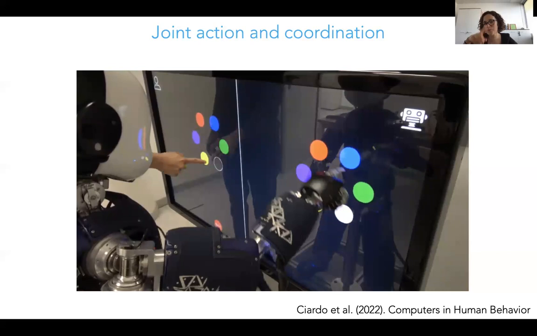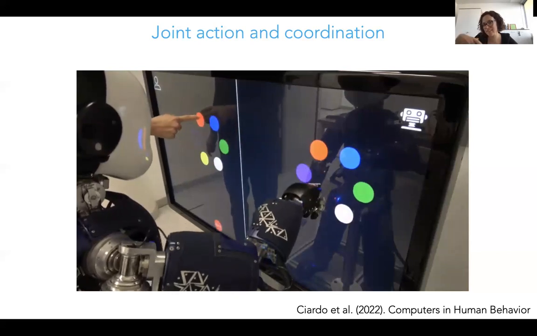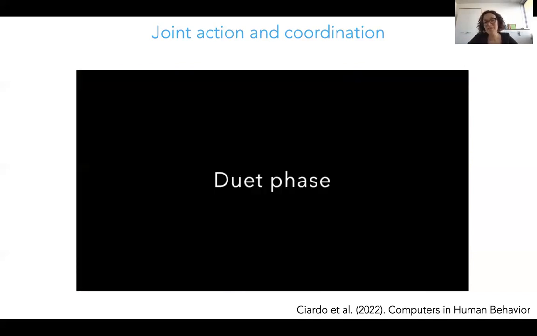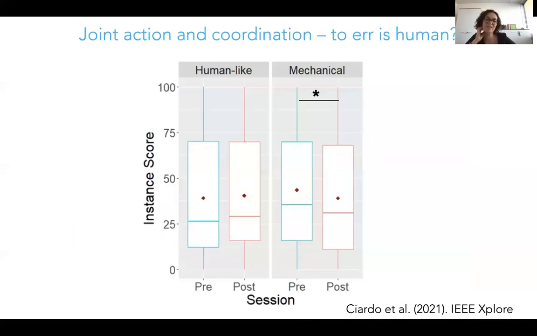So it gets into a loop, right? And it doesn't exit it. So it gets into a very mechanical loop, and it cannot get out of it. What we observed with this is that our intentional stance score in the mechanical condition dropped down. So that difference that you see here was significant. There was no change in the human-like condition. So it is also possible to down-modulate the intentional stance score with very mechanical behavior.